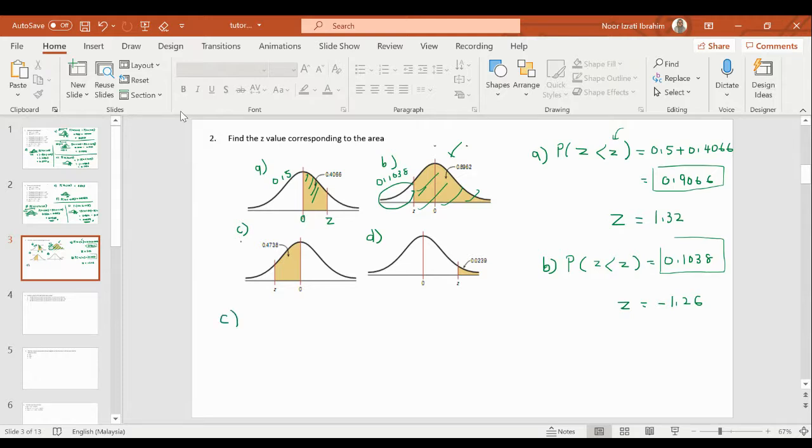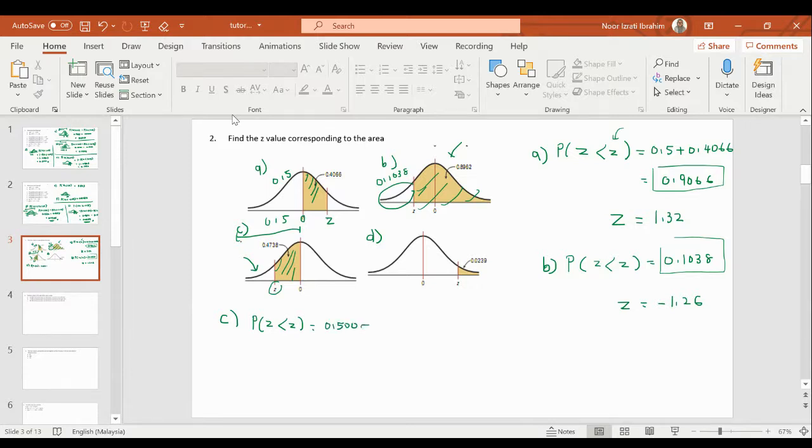C, to find the value of Z, where the shaded region given is in the middle between 0 and Z, which is 0.4738. For this one, we know that from 0 to the left is 0.5. So that means the left tail here is actually 0.5 minus 0.4738. If I write, it will be probability z less than z, which is the left tail here, equals to